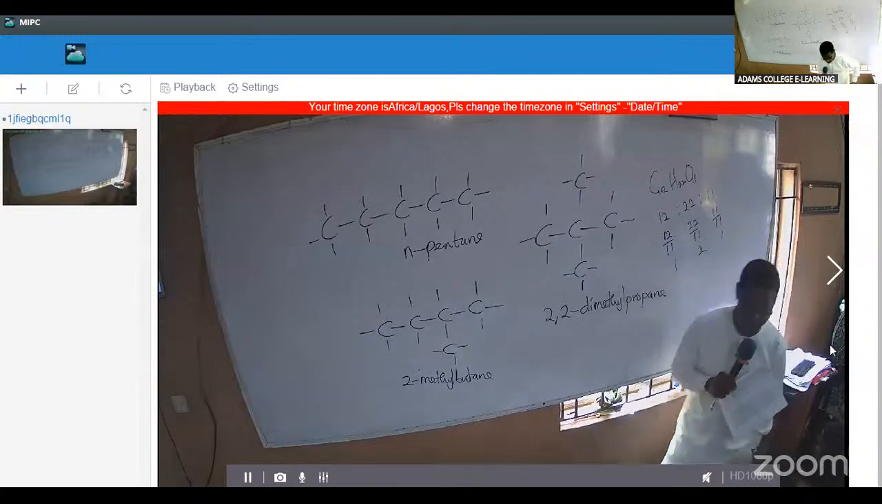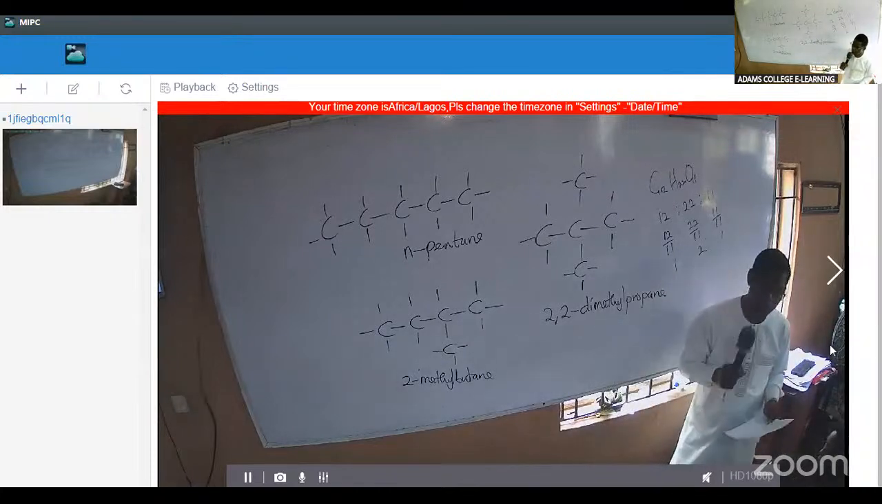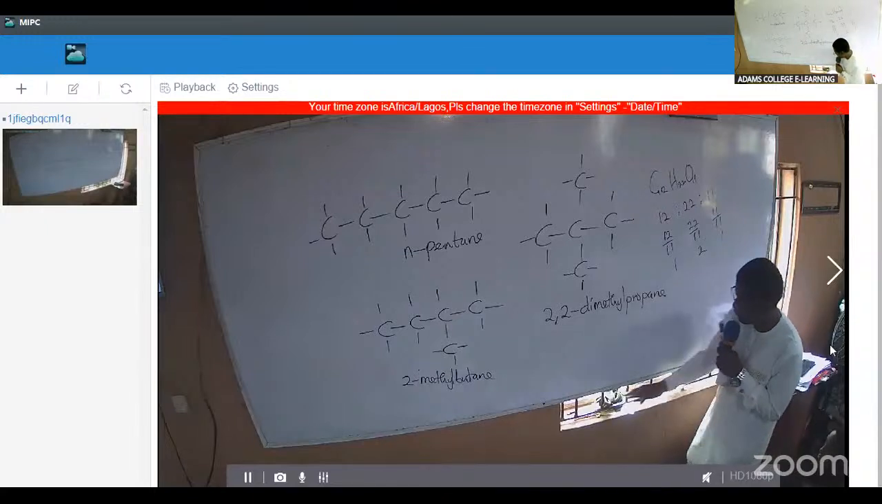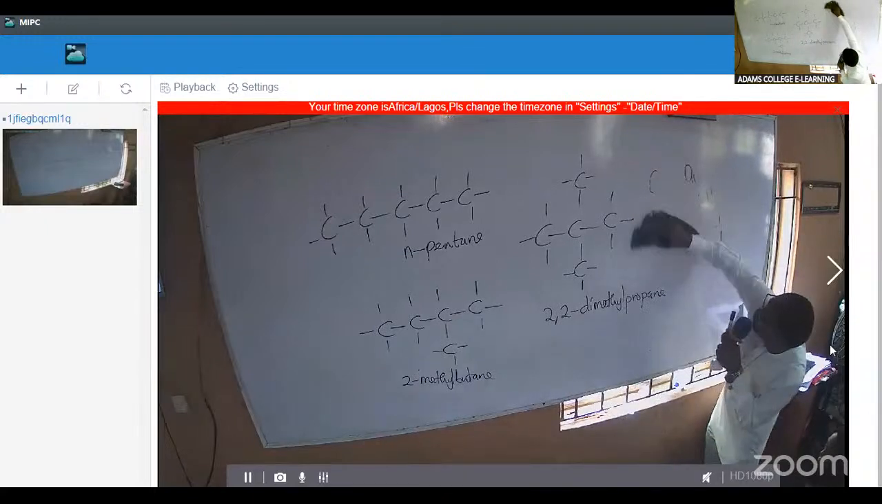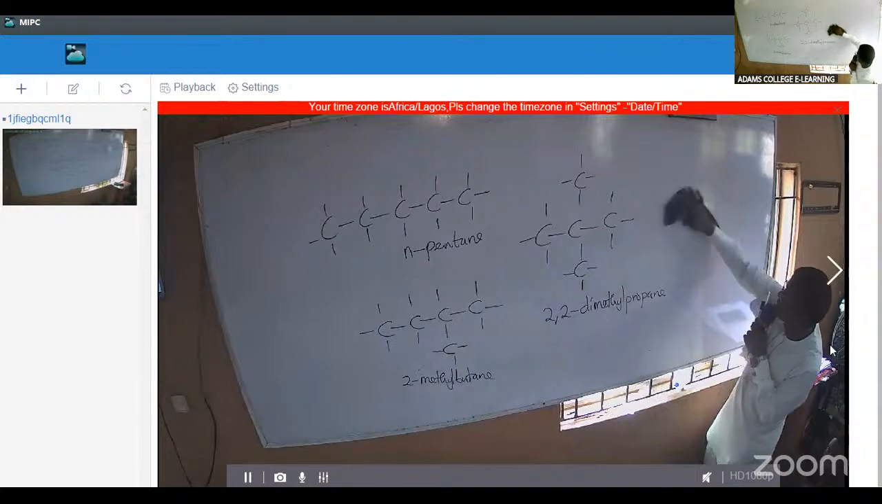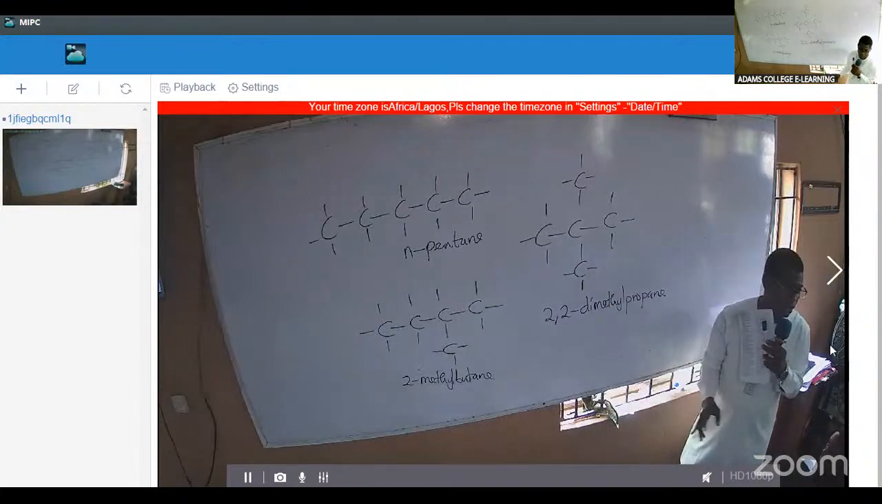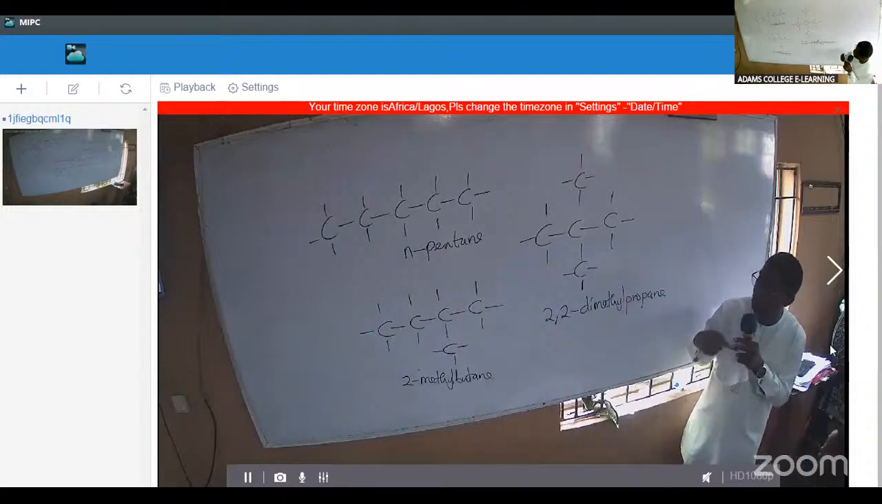So we have 3. Can we draw another structure that will give us 5 carbon atoms? Which one? What's the name? Is there another one you can draw? There's none. Because if you draw like this,